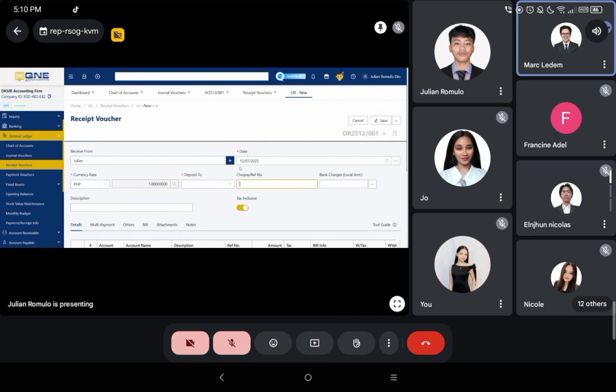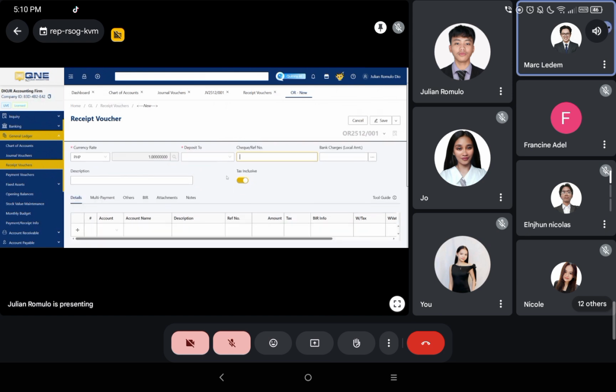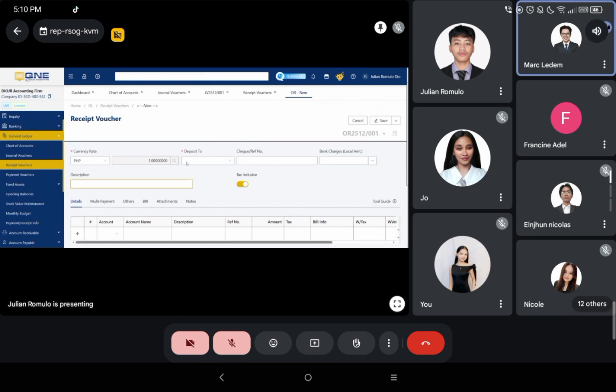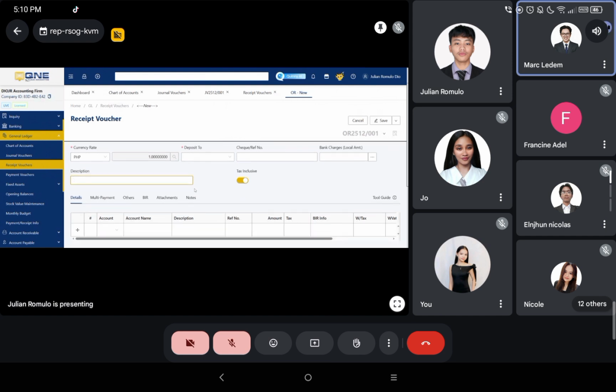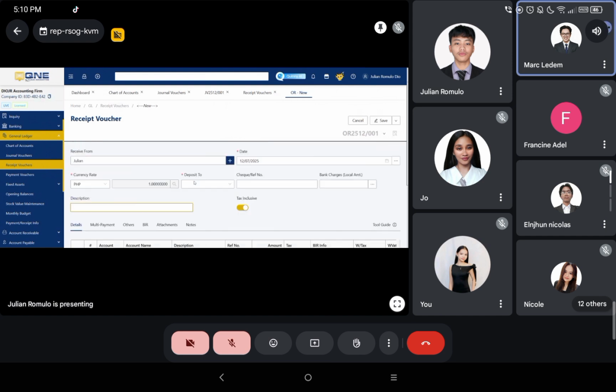And add a short description only if needed. The date and currency are already set by default. You can also choose whether the amount is tax inclusive or tax exclusive.